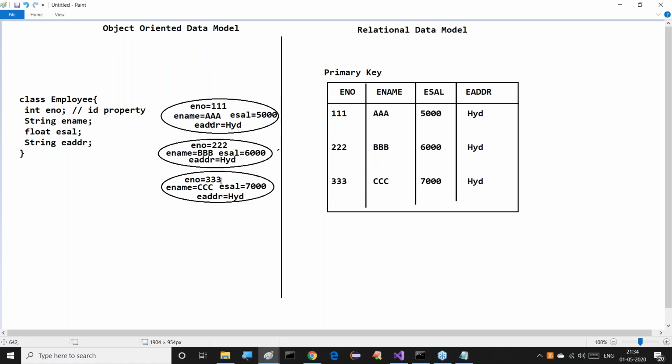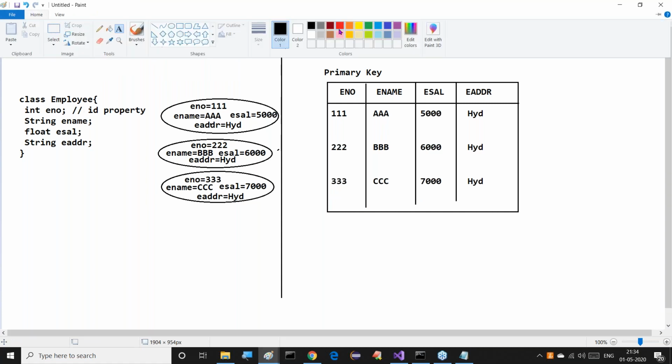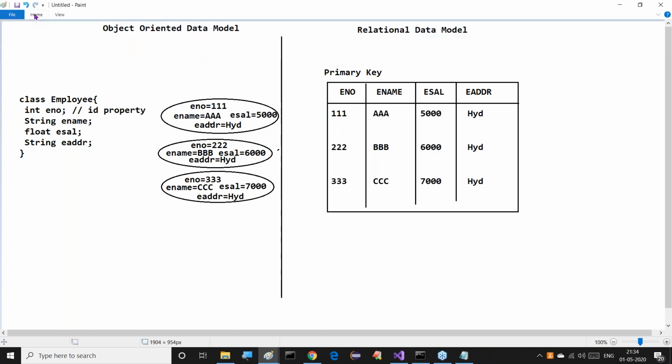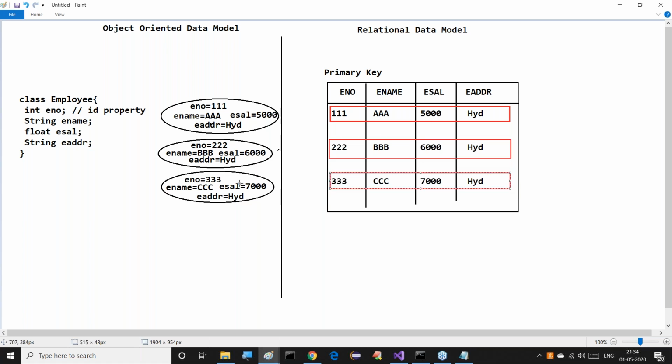Observe carefully: here objects are represented as records. All these things are records only. This is one record, similarly this is another record, and this is another record. Data is represented in the form of records here.